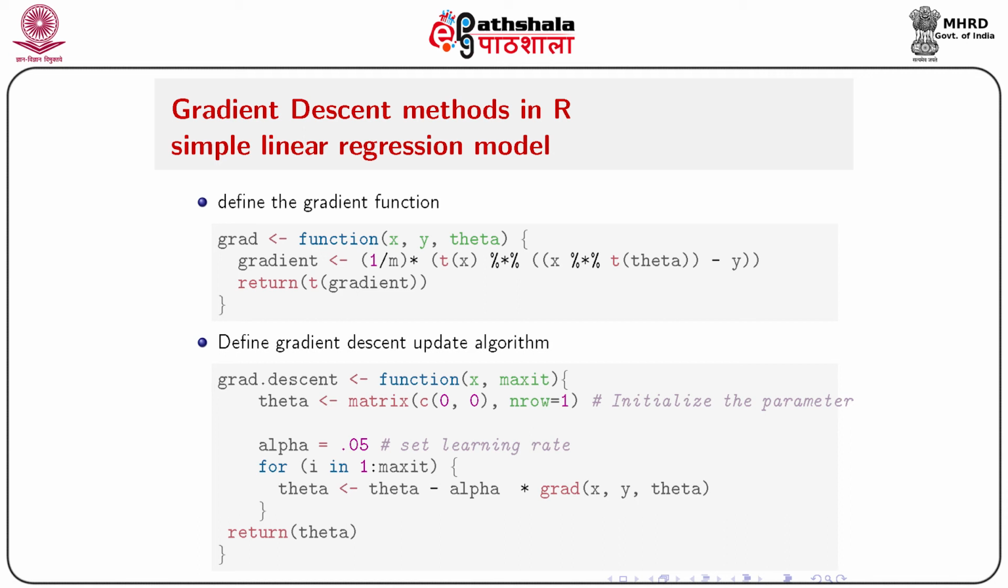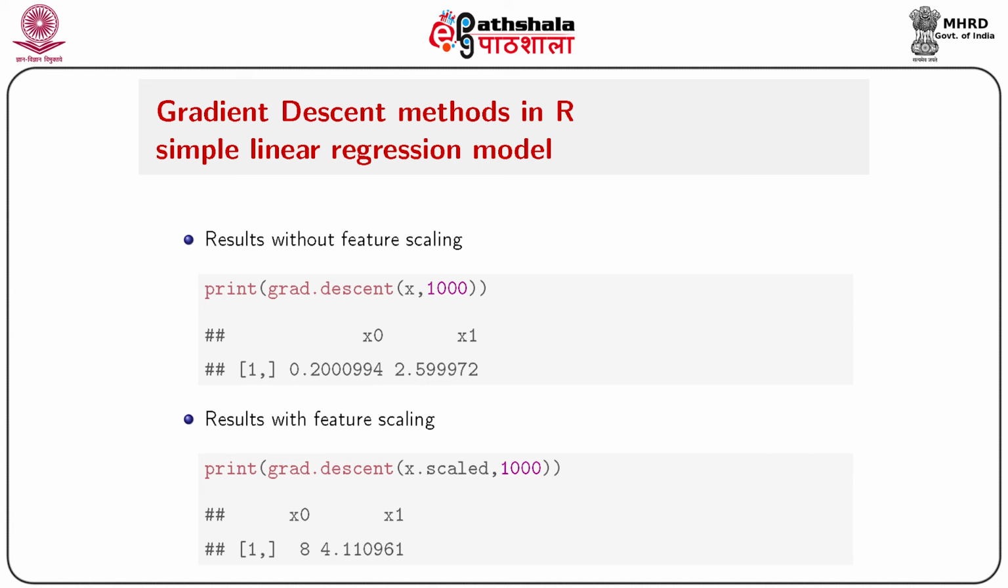theta equals 0 as the initial value, and then alpha I assumed as 0.05, and for i equals 1 to maxit, how many times you will run the iteration, theta equals theta minus alpha into gradient(x, y, theta), and return theta. So this is the gradient descent update algorithm. Once you run, you will get the results. So gradient descent x comma 1000 if I give, the solution is coming around 2.20 and 2.59, quite similar